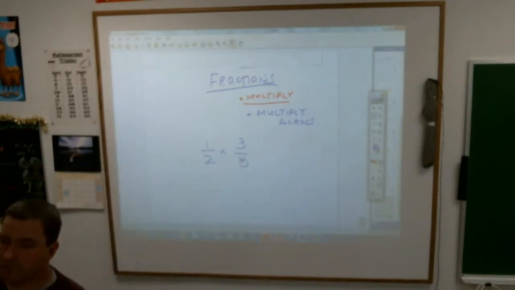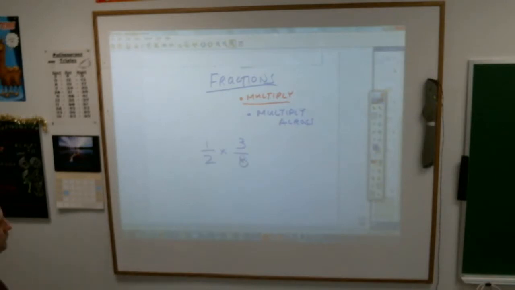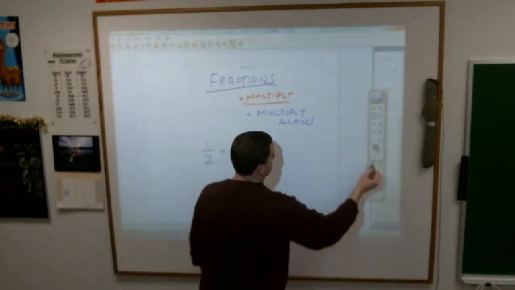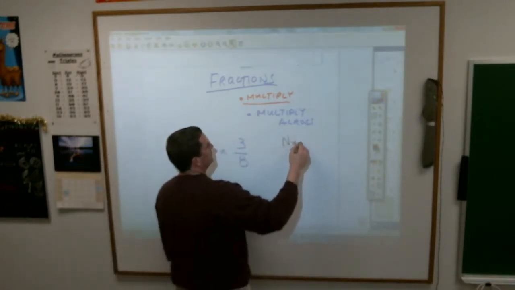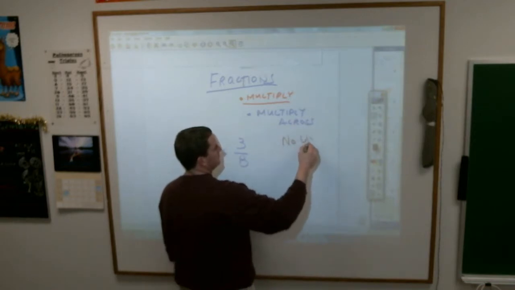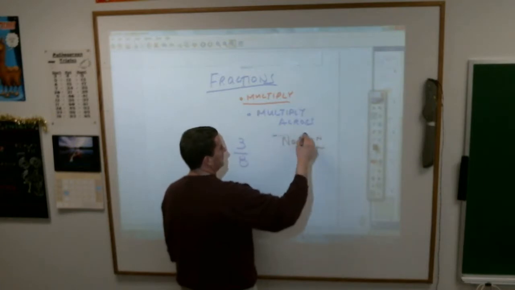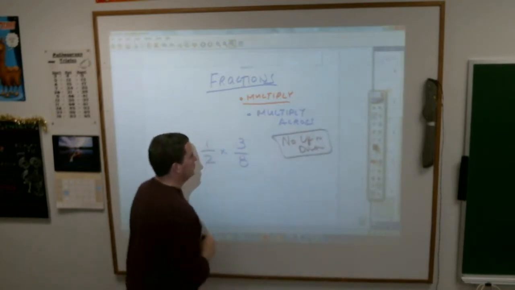By the way, this is not like addition or subtraction. Rule number 1 in addition and subtraction was to write them up and down. You don't write them up and down with multiplication. No up and down. You would just do this. And the beauty of this is to multiply,